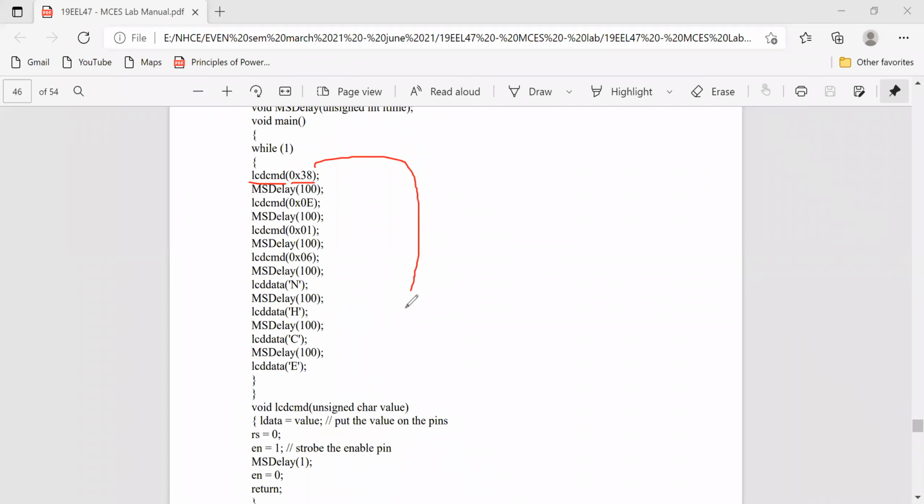What is this function? Go to here. So the LCD command function, you are passing a value here, that is 38H. How is it going to be a command? How will the LCD understand this is a command? The very important thing, RS equal to 0.